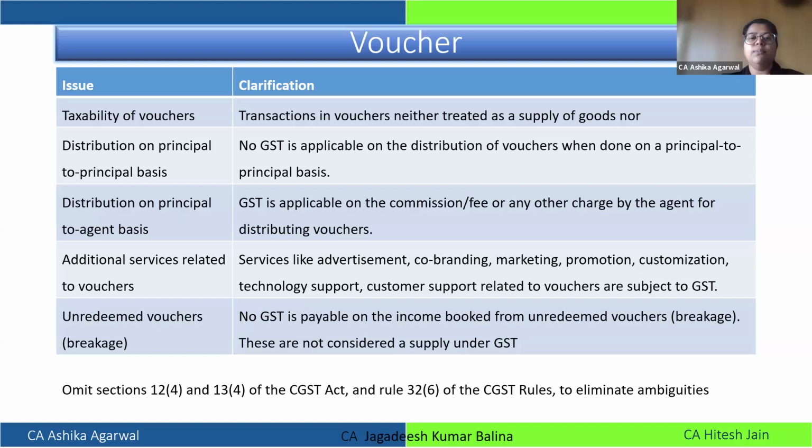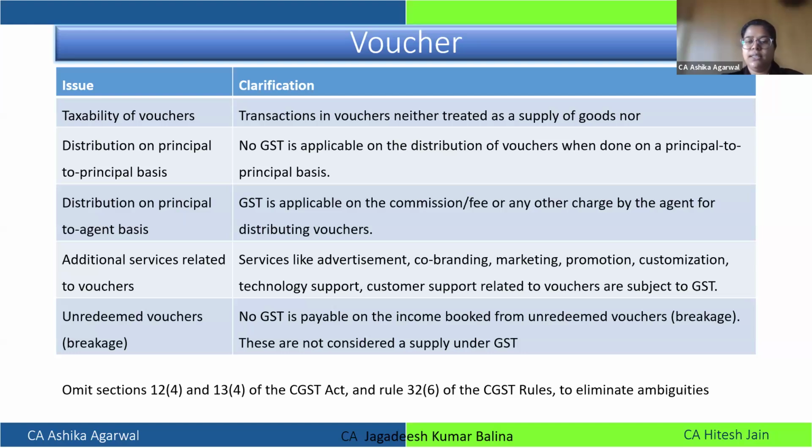Accordingly, now the time of supply for voucher will become the redemption, when we do the redemption, because at that time the suppliers or the distributor, from whom we are getting our voucher redeemed, will be charging us GST on the total amount. Even though there will be a deduction of the voucher while making the payment, GST will be charged on the total value of the product.